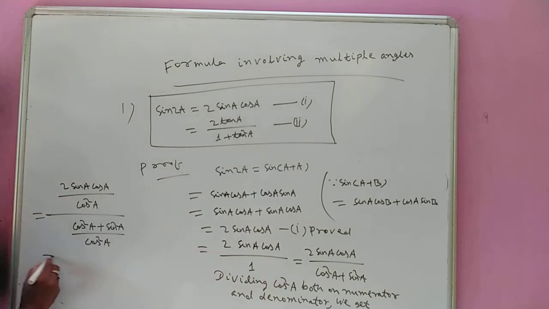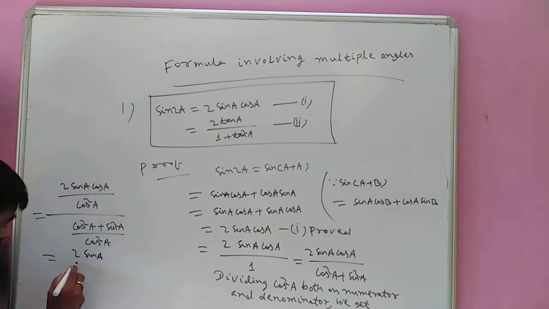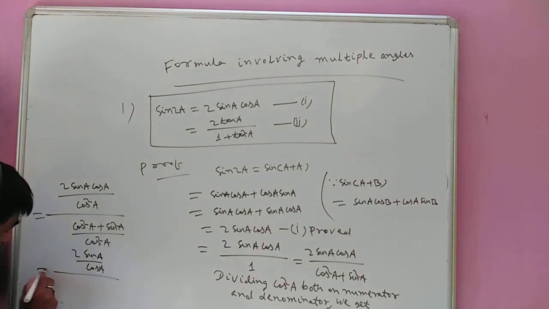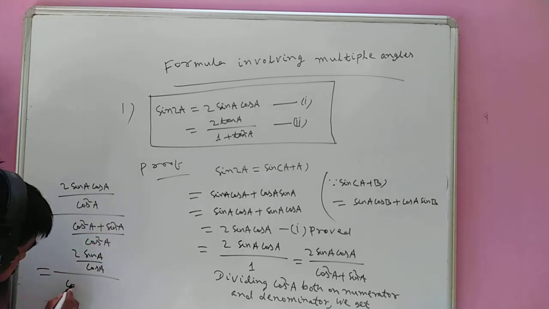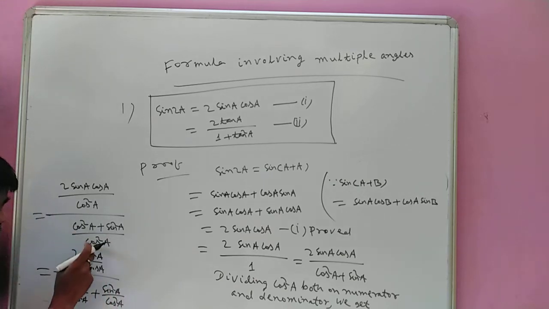So then you bring it to lowest form. So this becomes 2 sin a. Here is cos a, here is cos square. So it will be brought to lowest form. This gets cancelled. So here the denominator is cos a. Okay. So this will be 2 sin a by cos a, whole divided by, so this will split, it is cos square by cos square plus sin square by cos square. Okay. Means this by this plus this by this.